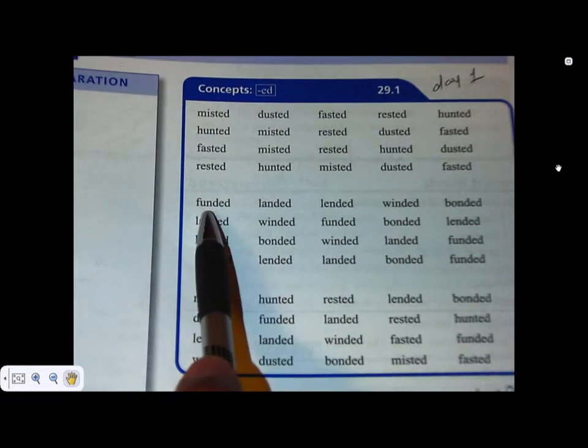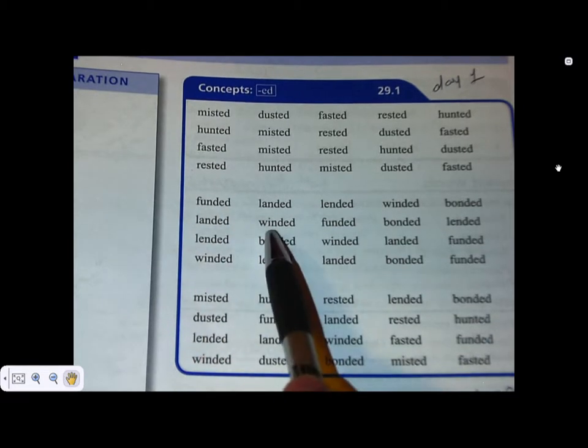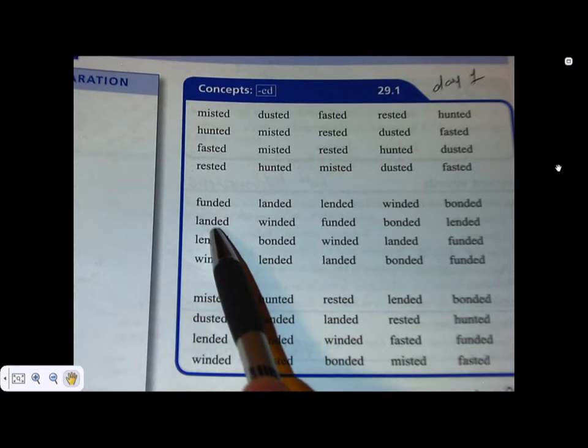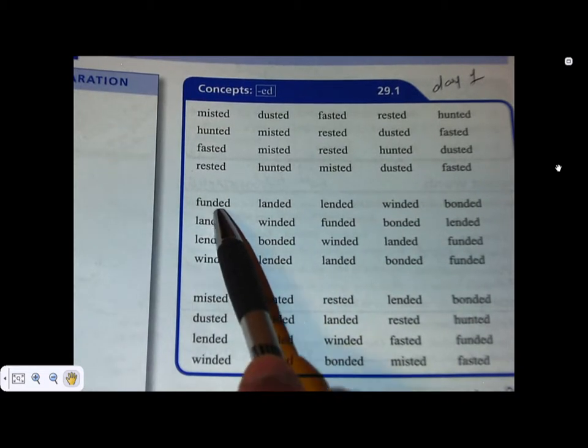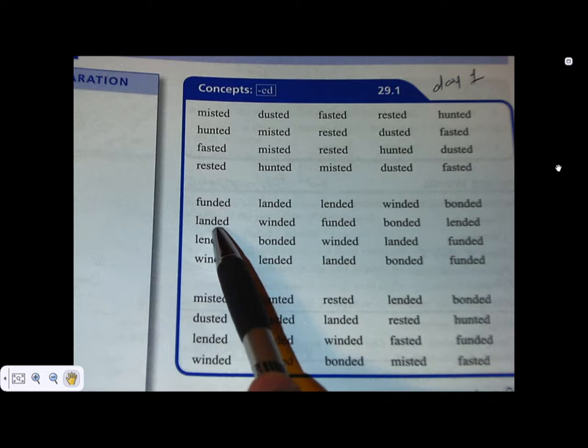If you funded something, you paid for it. Winded could mean that you're tired or out of breath. Landed means you sat down or you set something down or placed it down. The plane landed, the plane came down. Okay,